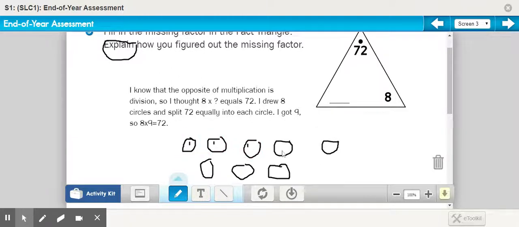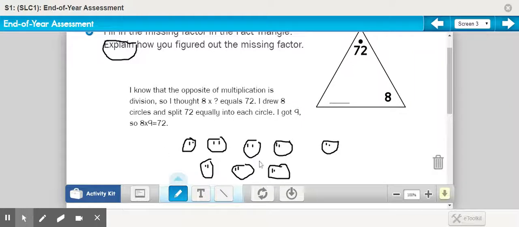So 1, 2, 3, 4, 5, 6, 7, 8, and then I'd go 9, 10, 11, 12, 13, 14, 15, 16, and I'd keep on going until